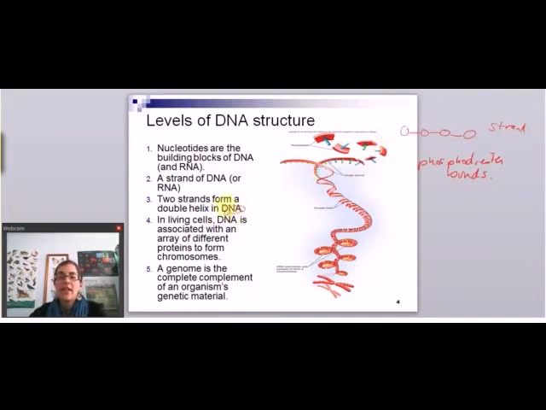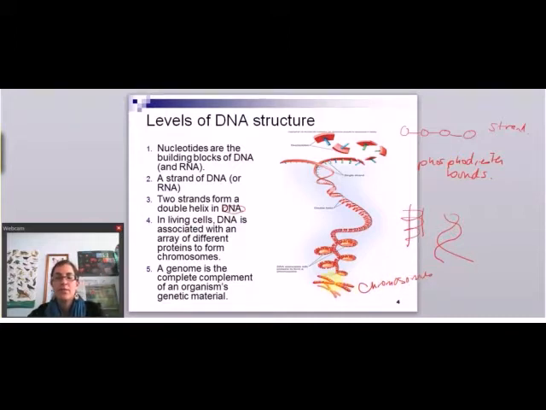In DNA and DNA only, two strands, so I have two strands, they're going to wrap around each other. And I'm not a very good drawer, as you've seen in class. But the two strands are going to wrap around each other into what's called a double helix. And here's an image that's showing you the really pretty double helix drawing. And then in living cells, the double helix will further wrap around proteins to form chromosomes. So it's going to wrap up even tighter and form chromosomes.